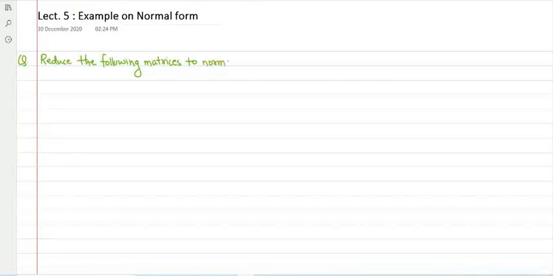I think last lecture I started with the question: Reduce the following matrices to the normal form and find its rank. Now, from the second one onwards, you have to write simultaneously to normal form and